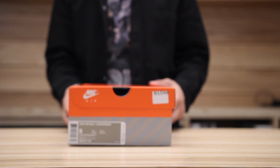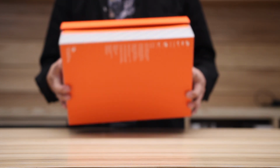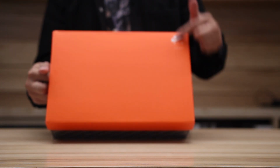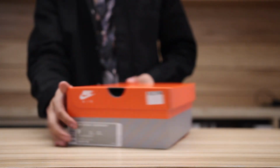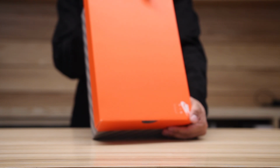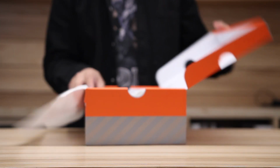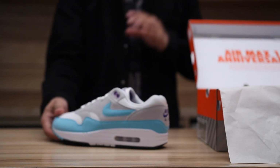So you can see it has the anniversary Air Max 1 box. You guys are familiar with this. We've done a few reviews with this box right here, which is a nice simple Air Max 1 anniversary box with the Nike Air at the top over here that says anniversary, and obviously your size tag right over here. If you want, I could read the official colors. It's white, aqua, neutral gray, and black. So you got the anniversary details on the inside of the box right there,